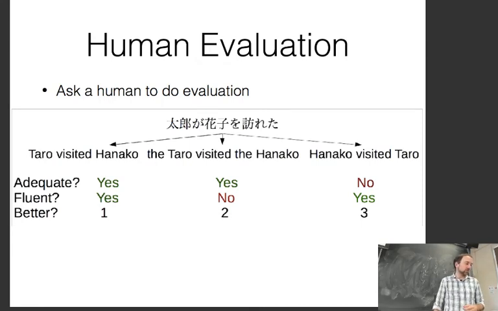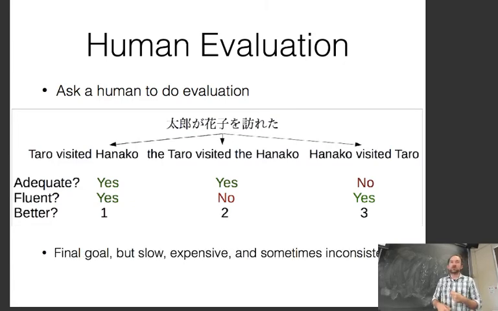So you can ask a human, is this translation adequate? Does it convey the meaning properly? Is it fluent? Is it better than the other translations? And this is often the final goal of what we want to do, because we want translations or generation results that humans like. But it's slow. It takes time for people to do this. It costs money, and it's very often inconsistent if you use something like Mechanical Turk and you aren't very careful